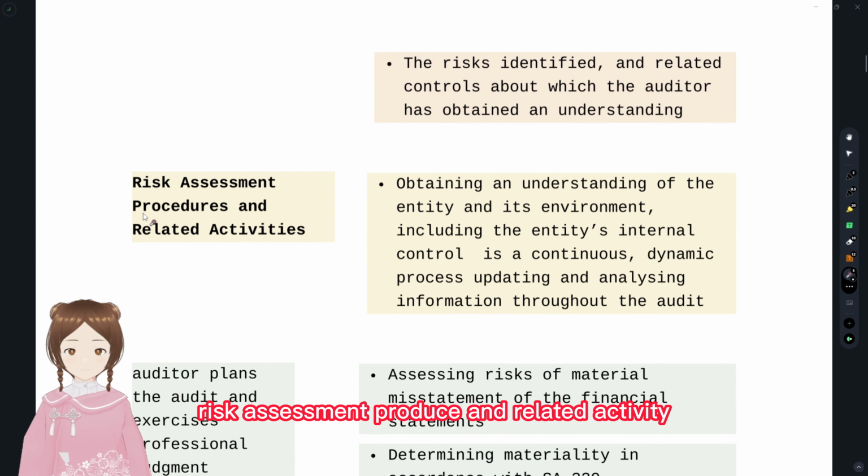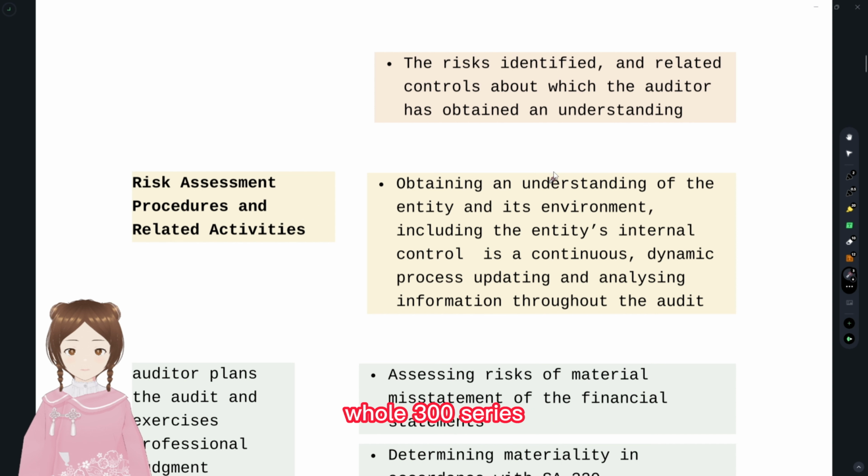Risk assessment procedures and related activities. We have discussed that the auditor has to identify and assess the risk. When does he have to do that? Not only prior to the audit, but at two stages: while planning the audit and during the audit also. After the audit, that comes under subsequent events. Prior to the audit, it comes under the SA 200 series like preliminary activities. For this, it is during the audit, and audit planning deals with the SA 300 series, the whole 300 series.